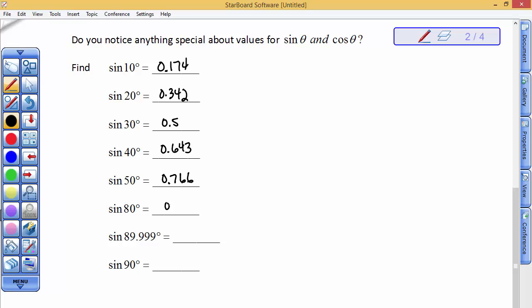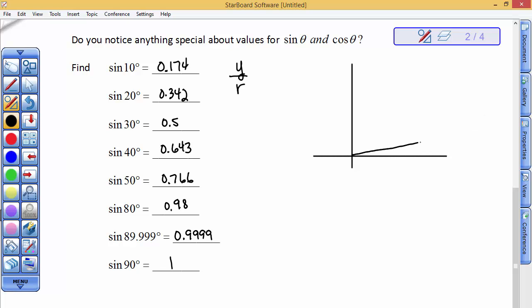Sine of 89.999 is 0.9999. Sine of 90 degrees is 1. Here's why. The sine of an angle is defined as y divided by r. And so in this right triangle that results, as we build it up from 10 degrees, where you're talking about this little y over this big r, is about 17%. You do it again, you go up to 20 degrees, and my y value right here